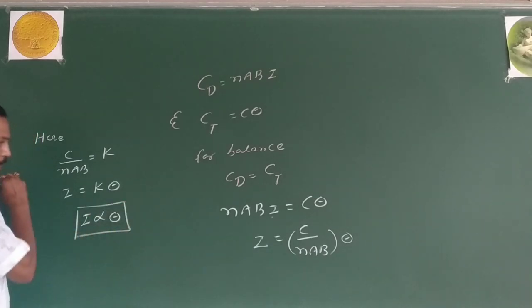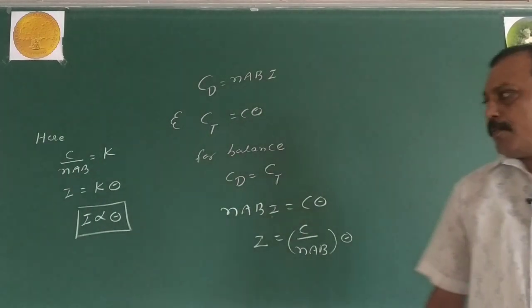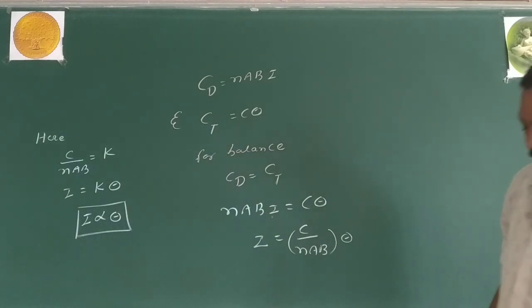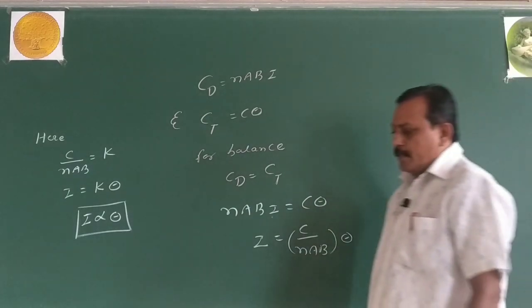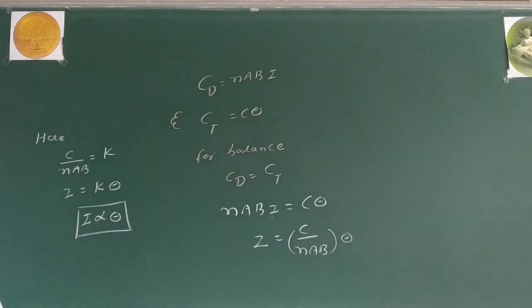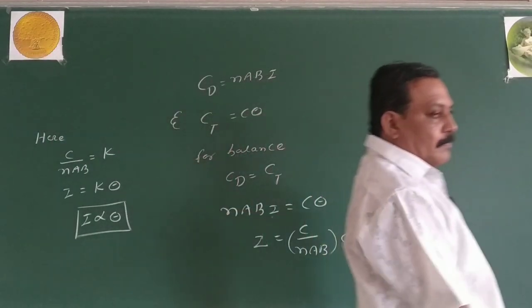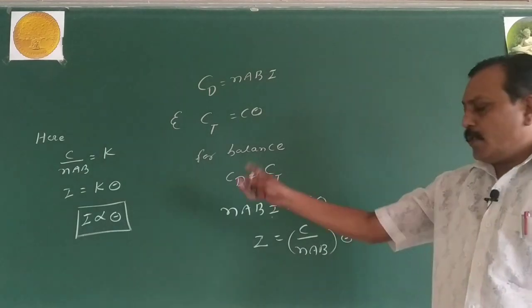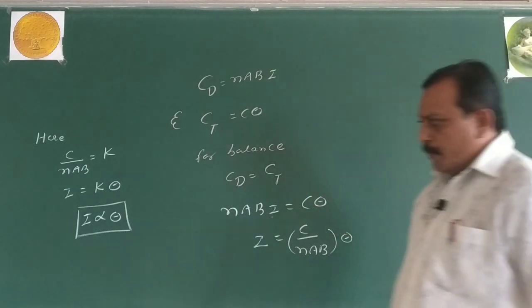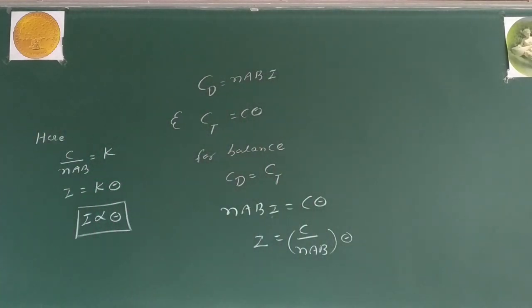Now this is our theory of moving coil galvanometer. The current through the galvanometer is directly proportional to the deflection produced, where K is the reduction factor, that is, the proportional constant. This much you have not seen clearly, so it should be made clear. What is the conclusion? The current through the moving coil galvanometer is directly proportional to the deflection produced, that is, I is directly proportional to theta. Is it clear now?